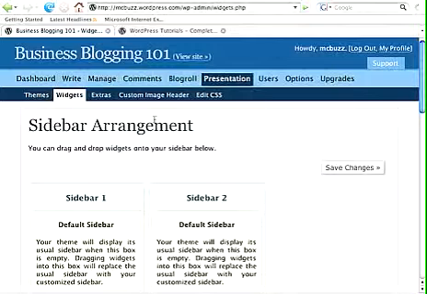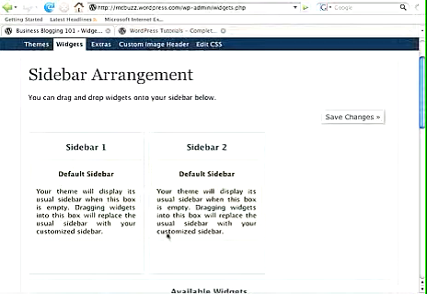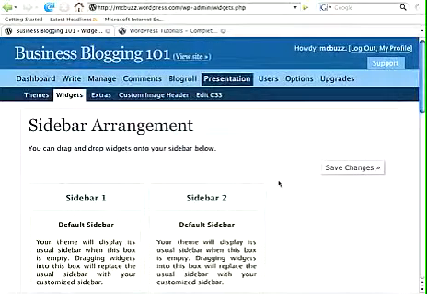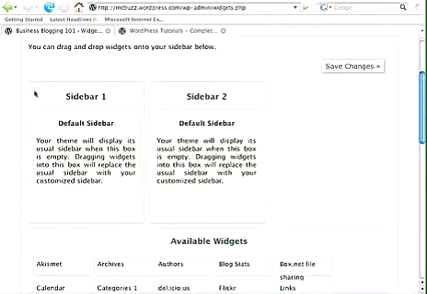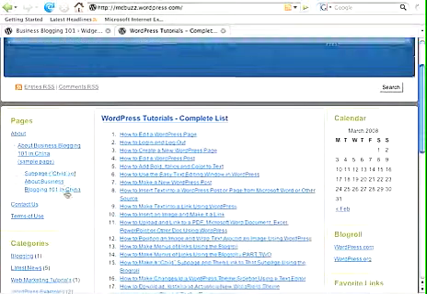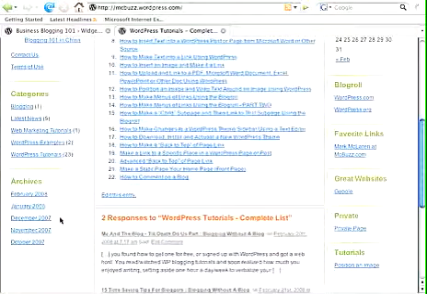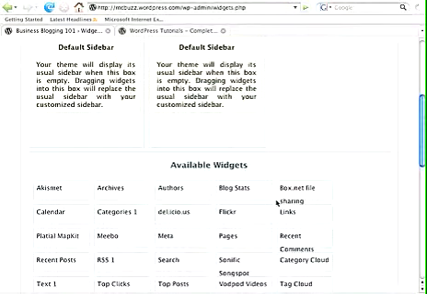Now you have to be using, I think it is WordPress version 2.3. If it's hosted on WordPress.com, you're set, because they will update the version of WordPress themselves for you. Here we have sidebar arrangement, which is part of widgets. And I'll just show you real quickly, because I don't have that much time, what you can do. This sidebar 1 corresponds to the left sidebar here, where we have pages and categories and archives as navigation there. If I want to eliminate the page nav over there, assuming that I don't have subpages and I don't need them to show up,